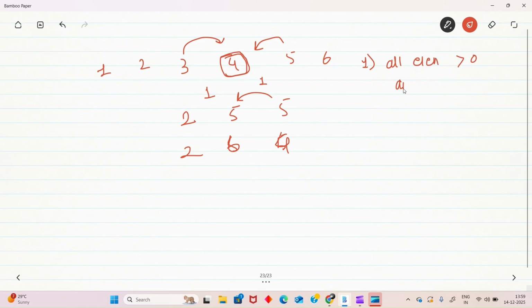In that case my answer will be 0. The second case is that there will be only one negative element at most. So in that case, if we find the sum of all this,